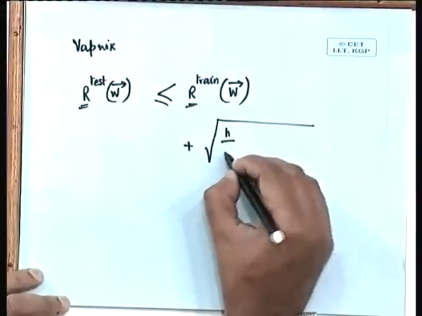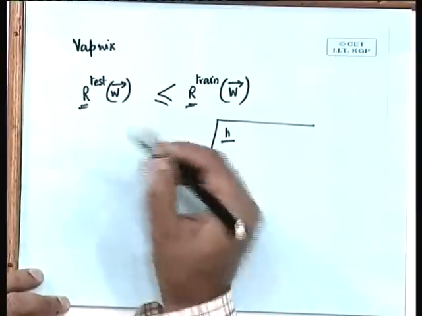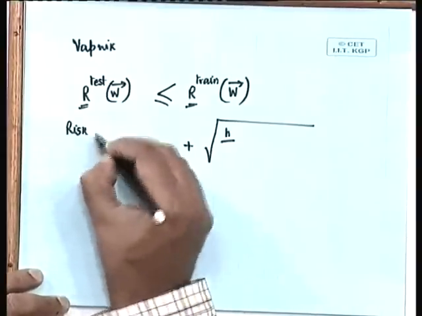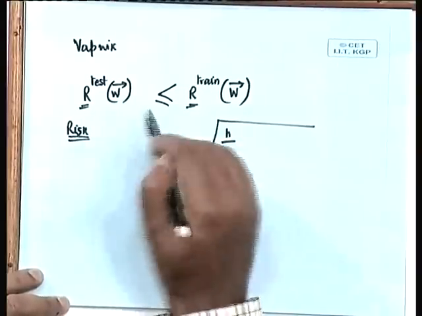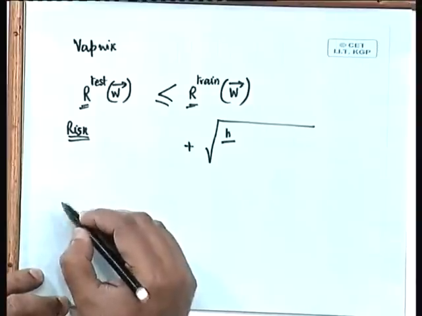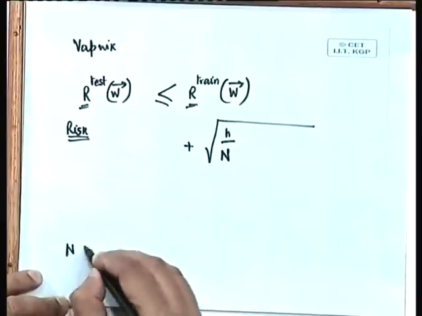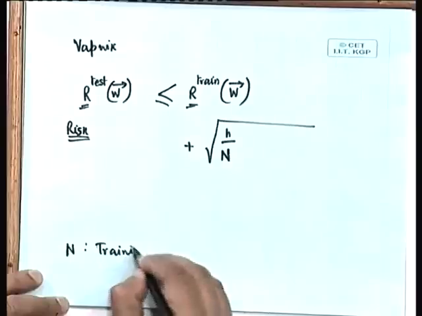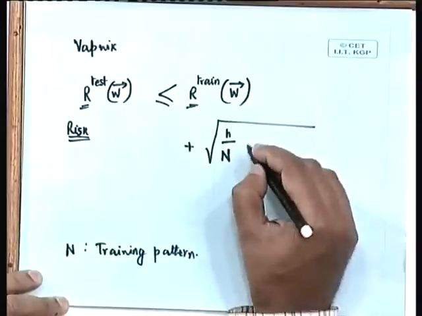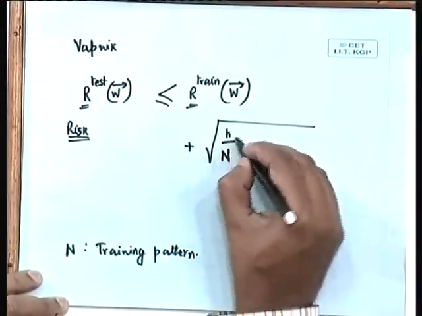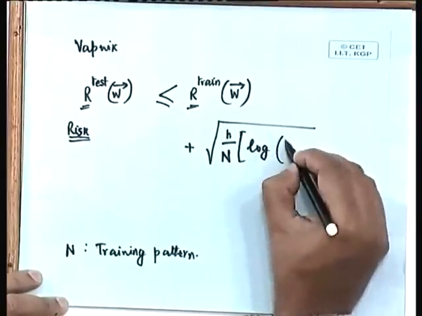Instead of talking about the R, because R is the error probability, or what we can call the risk factor. So R stands basically for the risk, and because R is used for this, we will not use R for the number of training patterns. Instead we will use N as the number of training patterns. So the expression that we are rewriting now is, everything under root, H by N, log of 2N by H